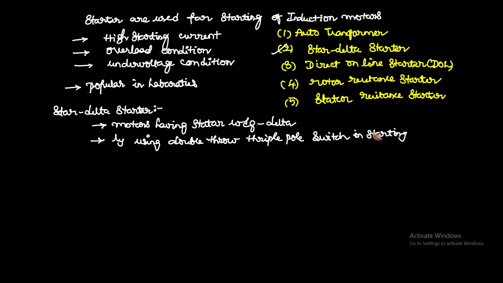So first we will connect the stator winding in the star connection. Because of that, the voltage across each phase will be reduced by 1 by root 3 times, because we already know the line voltage is root 3 times the phase voltage. So the phase voltage is V line divided by root 3. Then, as the motor picks up speed,